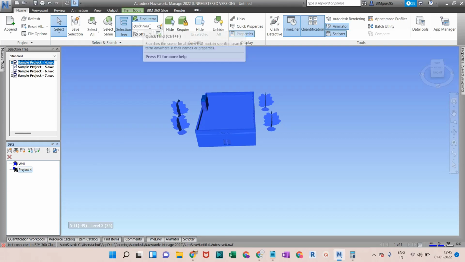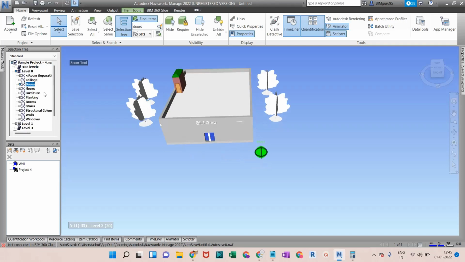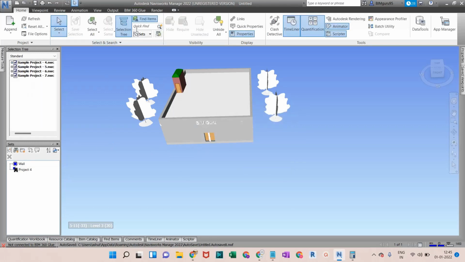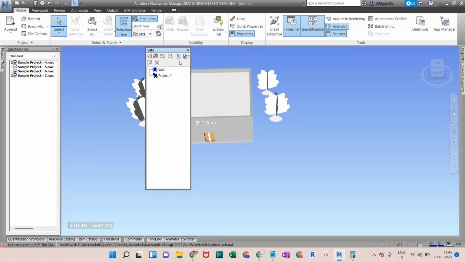Now if I move on to Find Items and select all those. If I search here with Quick Find, say I want to search for doors and directly click on this, you can see the doors are highlighted, all the door categories. It is a very quick command for searching. Either we have the proper selection tree, with that help we can also select that. Search sets we already covered. Manage Sets is right there. If I open this one, you can create a folder as well if you are going with a particular folder structure.